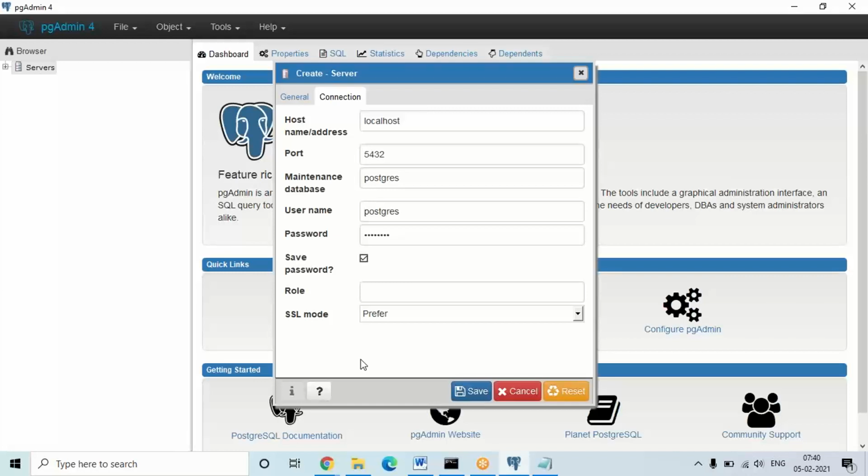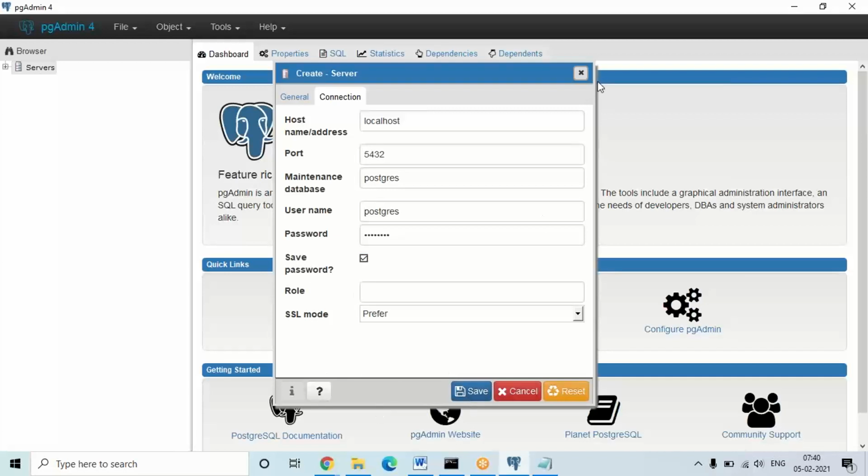In some systems, with some Windows versions, maybe 1 to 2% of systems, they are unable to create this connection, maybe due to some server issue or Windows issue. Mostly you can create it without any issue. But if you are unable to, no problem. If you are able to open pgAdmin 4 and see this window, then try to create this connection. After the save password checkbox is enabled, click on save.